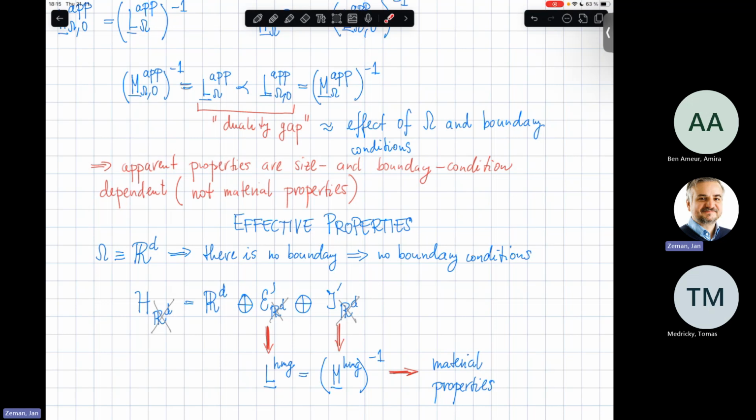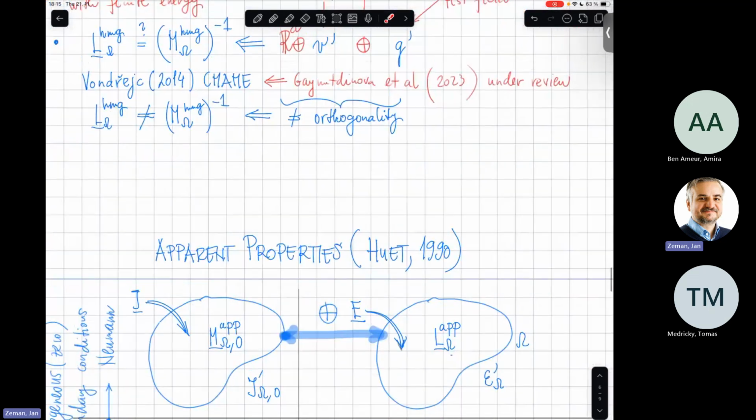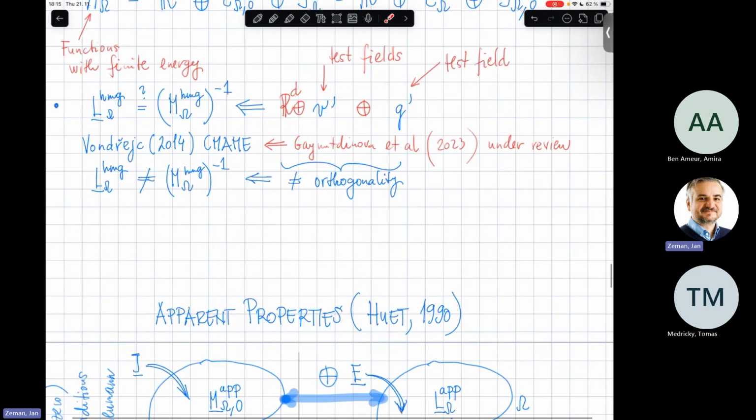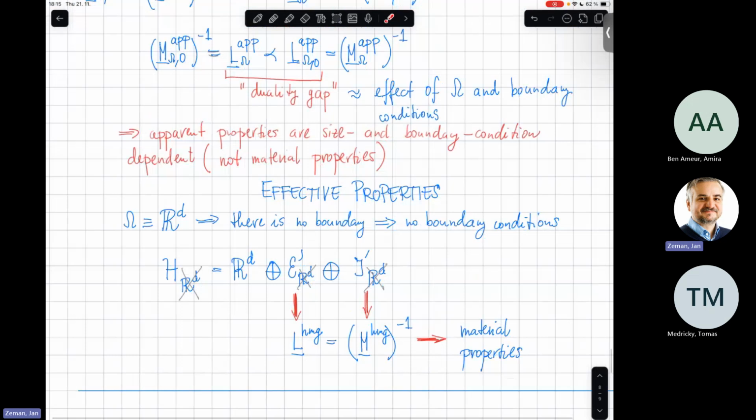If you just take the argument I have just presented now and go in the opposite direction, this discrepancy can be traced back to the fact that there are two ways to split the space in terms of this orthogonality. And it turns out that if I would like to have something which can be called a material property, I have to have only one way to split the space of the functions with finite energy. So in this particular setting,